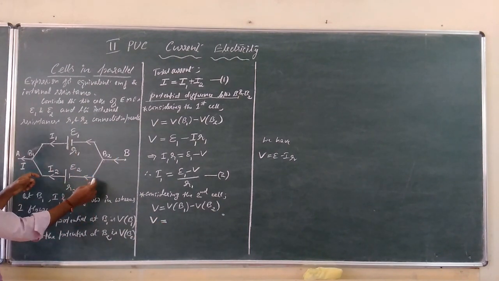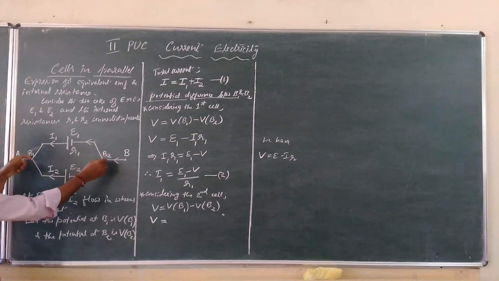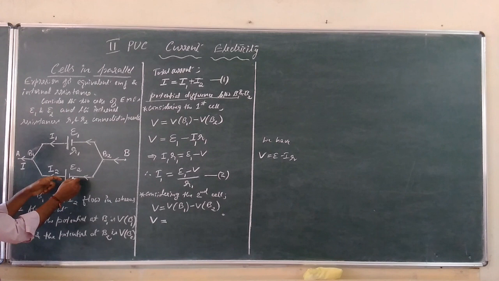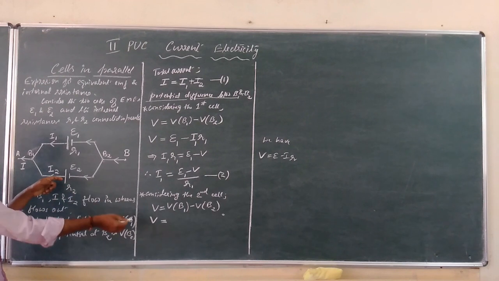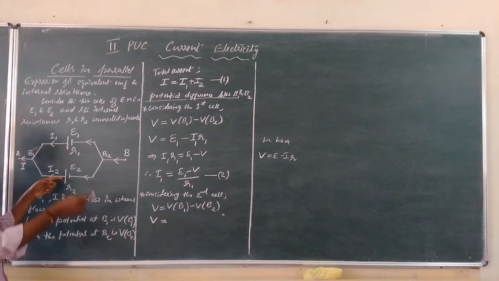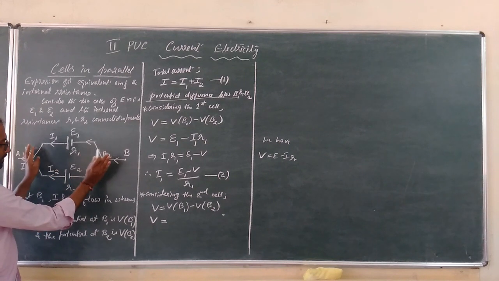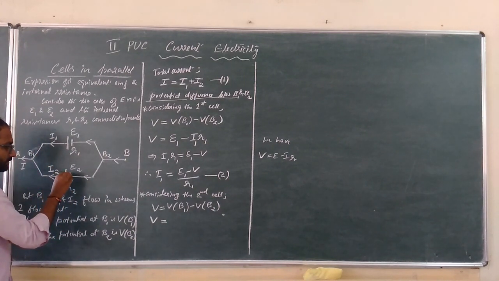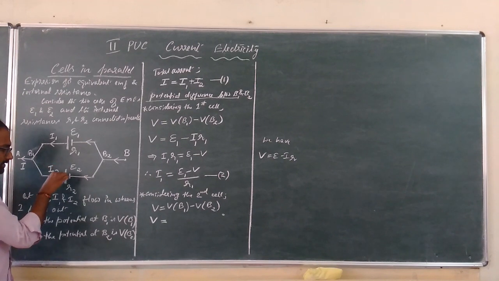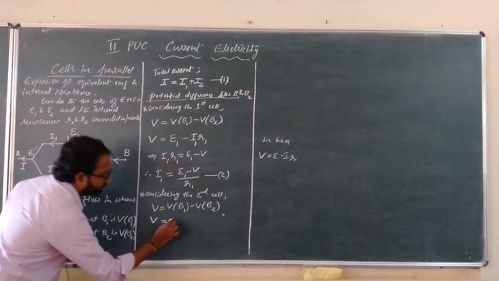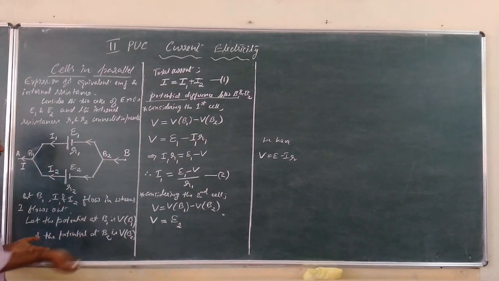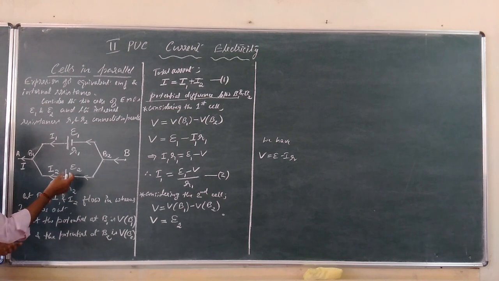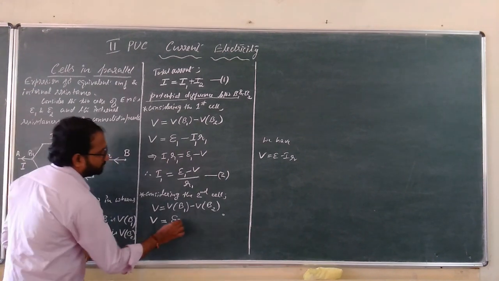the potential difference across these 2 points, across the 2 electrodes of the cell when there is a current flowing through the cell. I have to write it in the form of E minus IR. While writing the EMF of the cell, the circuit should be open. Here this is the positive electrode, this is the negative electrode, therefore this is at higher potential, this is at lower potential. The potential difference from here to here is plus E2. That is the maximum potential difference across the 2 electrodes of the cell in an open circuit.